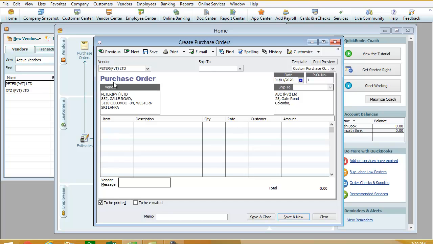From them we are going to buy product. Once we select Peter from the vendor box, you can see the details of the vendor listed. For example, the full address is listed here.